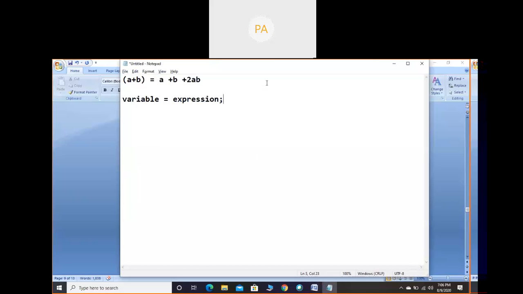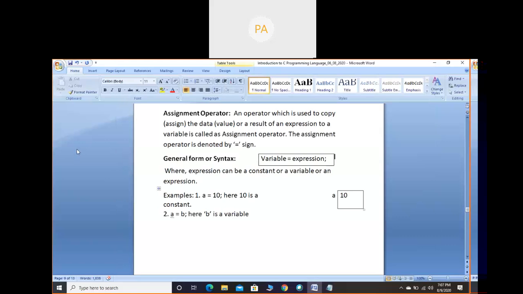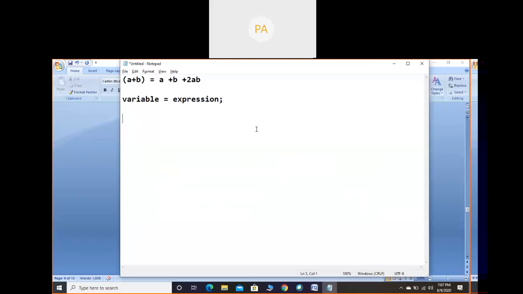See, this is the general statement you have to remember whenever we use assignment operator. Now in this we should know what is a variable and what is an expression. So we know variable is an identifier, or variable is a name given to the computer memory location. So we came across definitions. Okay, so variable is a quantity which can change its value. Variable is an identifier which stores a value. Variable is a name given to the computer memory location. So in all the three cases, we came to know that variable will contain a value and can change its value during the execution of a program.